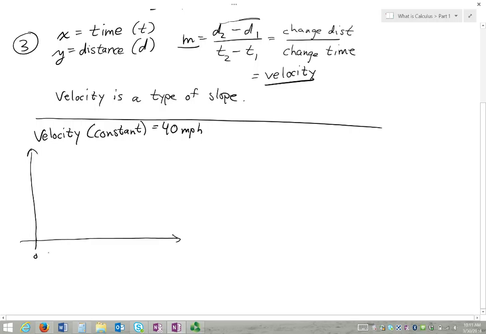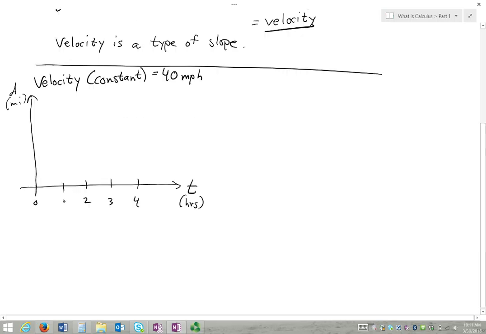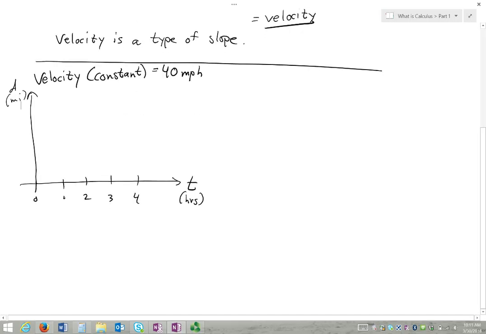And so let's say 0 hours, 1 hour, 2, 3, 4. So let this be time in hours. Let this be distance in miles. Let's kind of put a scale on this too, right? So let's go to